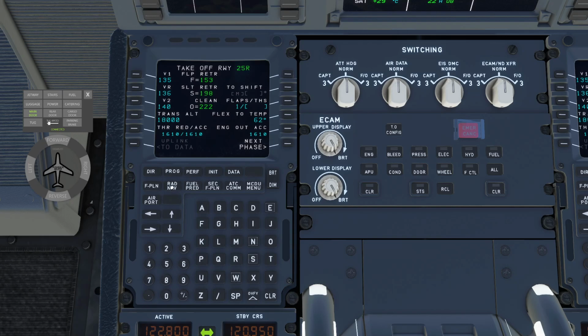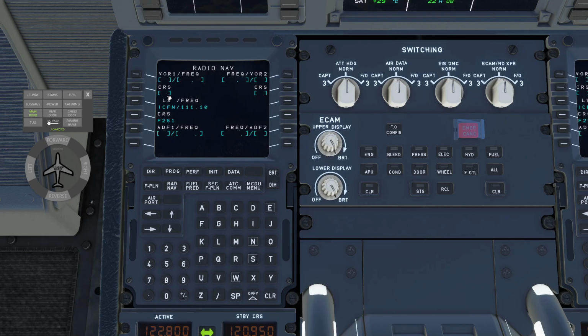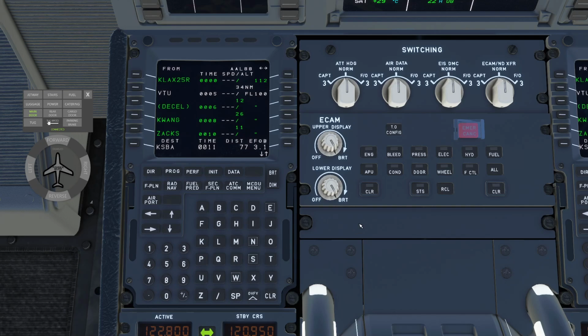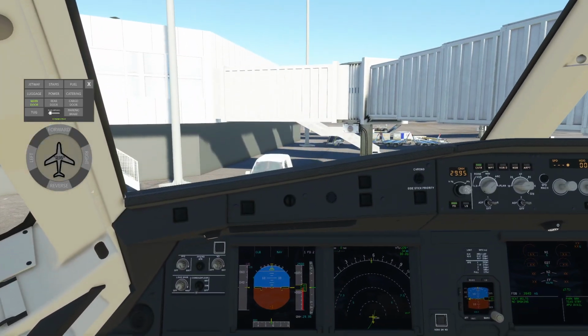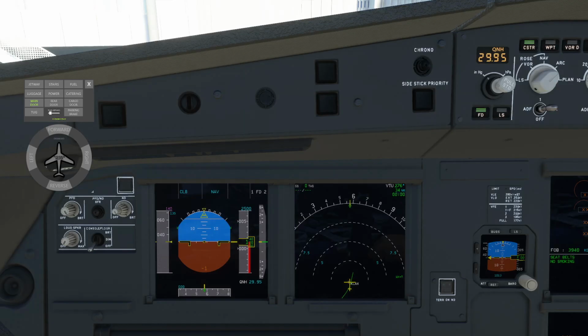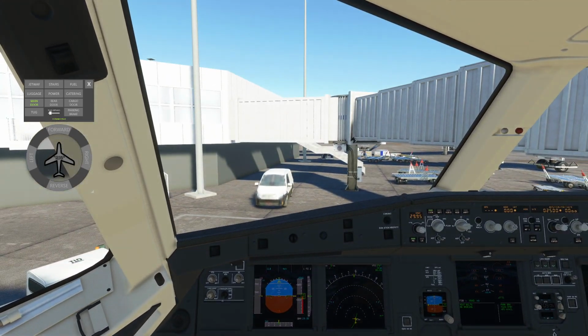Okay, radio navigation. We don't really need to do anything with this. We're going to do a visual approach, so we're not going to use any ILS or anything of the sort. All right, the passengers are loaded in. Everything is ready to go. So I'm going to go back up to the front here. We're going to go ahead and close the doors,